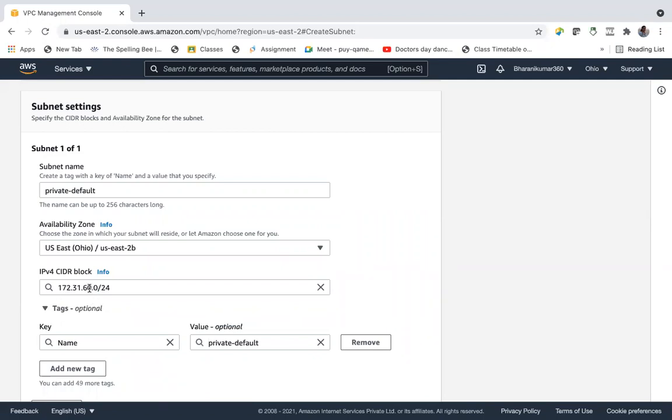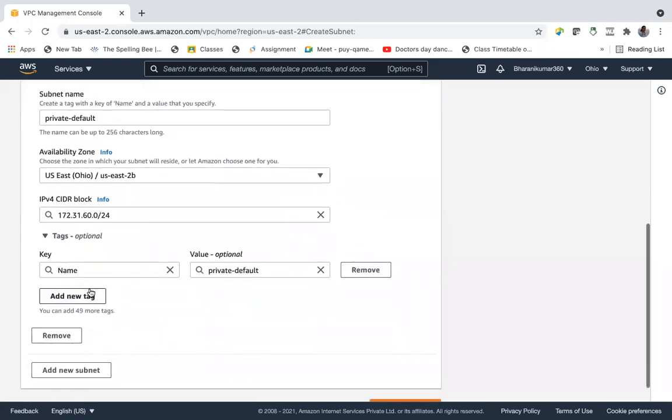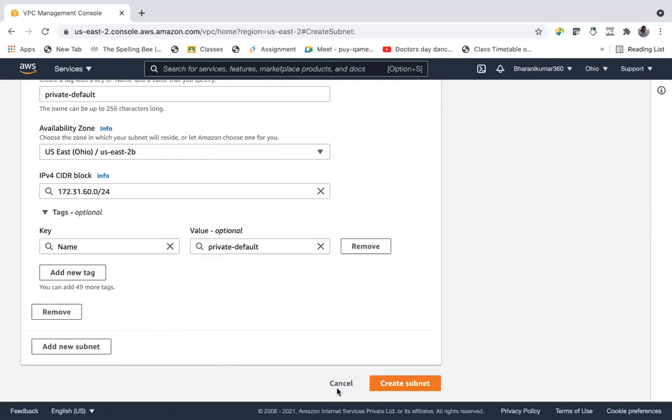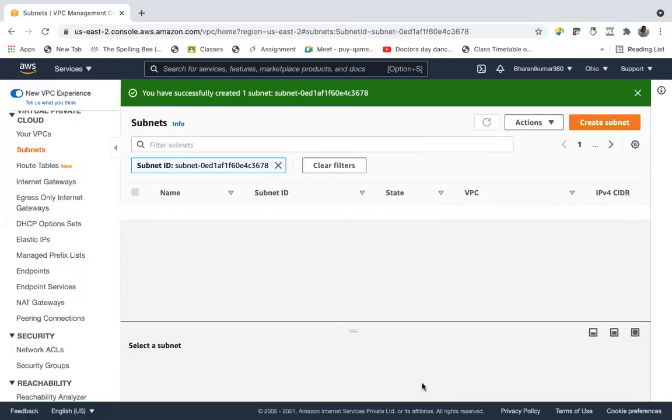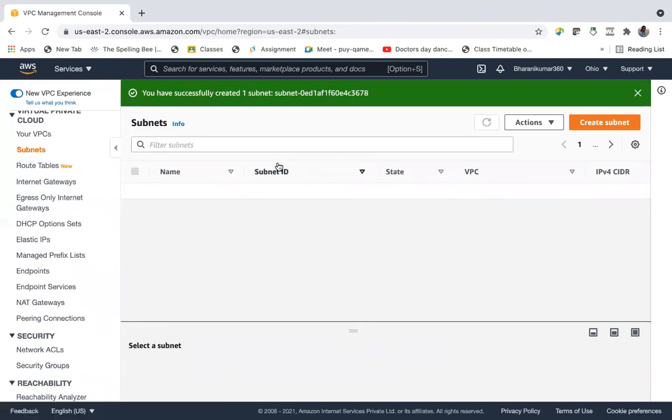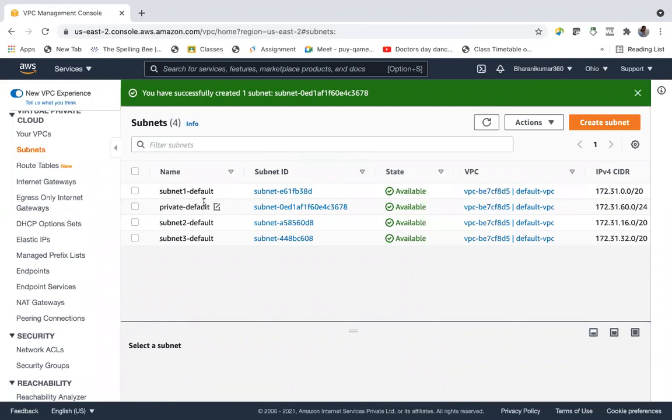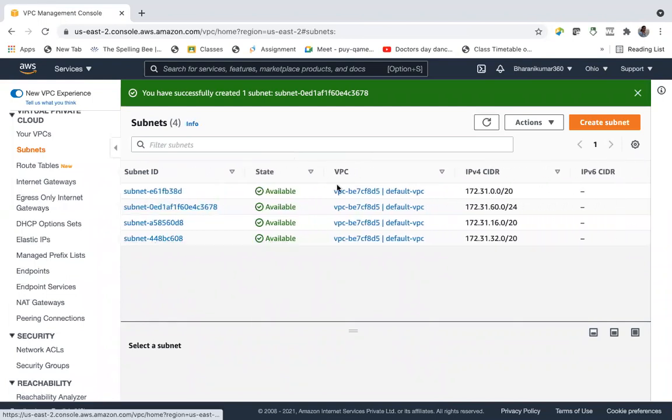So this is our CIDR block. And create subnet. So these are CIDR ranges.